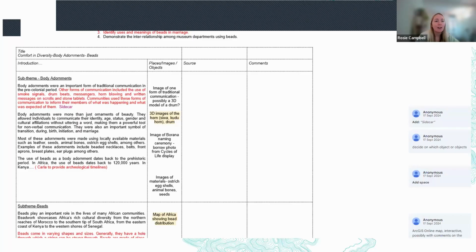So at the top here, we have the target, so we can always be going back and thinking about who it's for, and then the objectives of the story map. So for here, for example, they've got 4 main objectives. To appreciate the use of beads as a form of communication, to showcase the geographical distribution of beads, identify uses and meanings, and demonstrate the interrelationship among museums and departments.